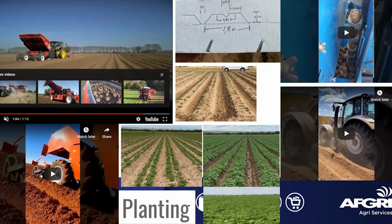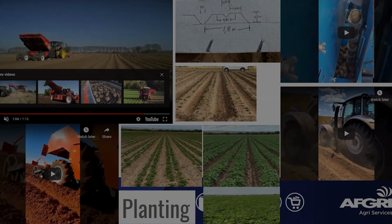Yeah, what we see is that when we lifted the trials, the size was very, very even. From a medium to a large medium, it was 85% of the crop, and that is with the planting volumes of tubers per hectare that we planted. We got up to over 80 tons per hectare on what we harvested, with a very good quality and a very good sizing. So if we do everything right, I guess the next question